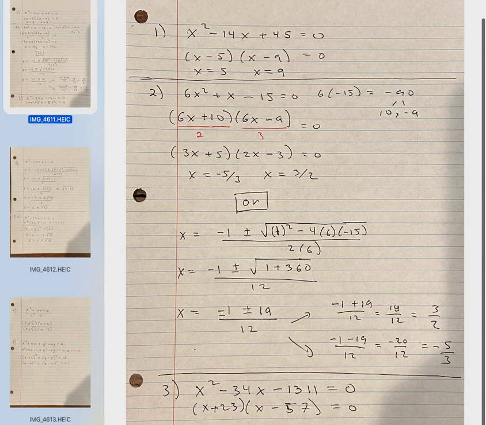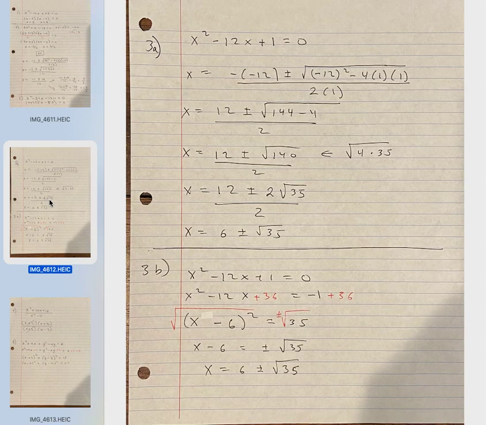And then here's where I'm just doing my negative 1 plus the 19 and negative 1 minus the 19, and we get the exact same answer. So here, neither one of those is terribly easy, but whichever is the easiest for you is the way to go. This next example, so here if we tried our what multiplies to be the